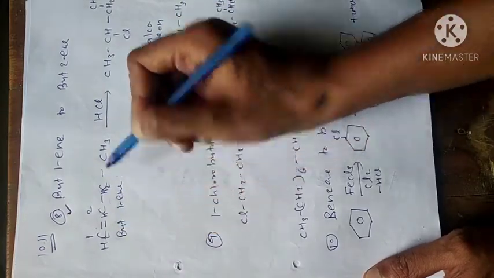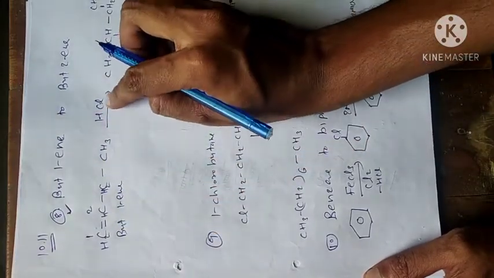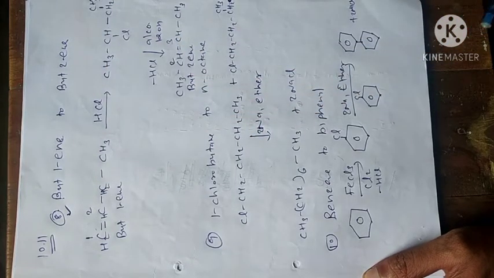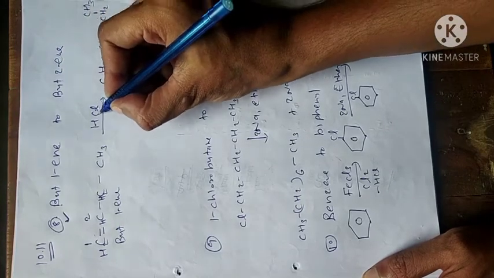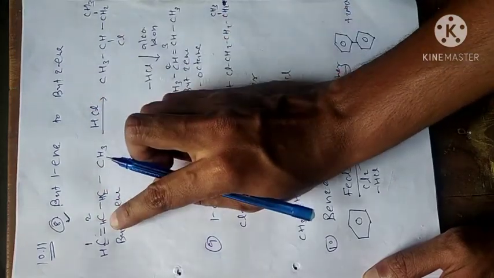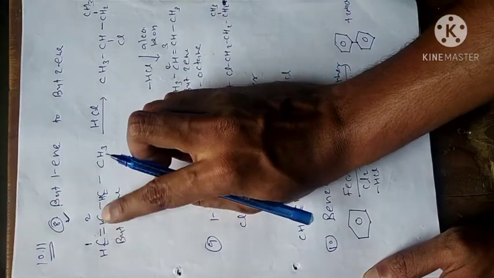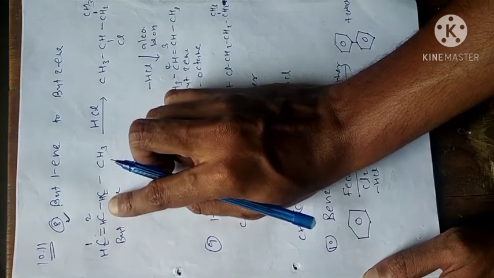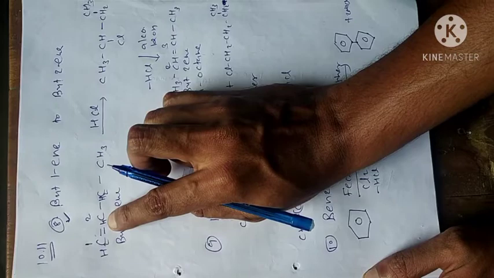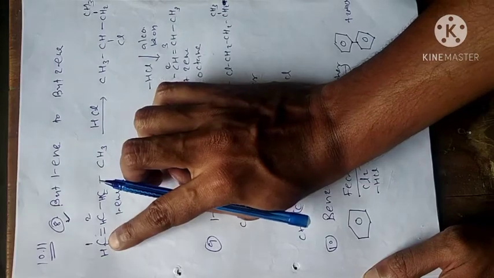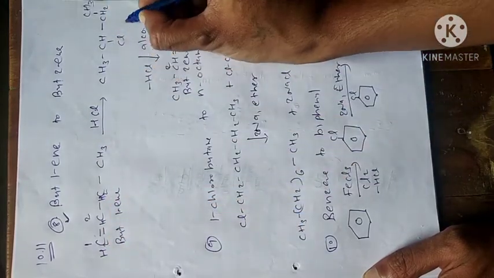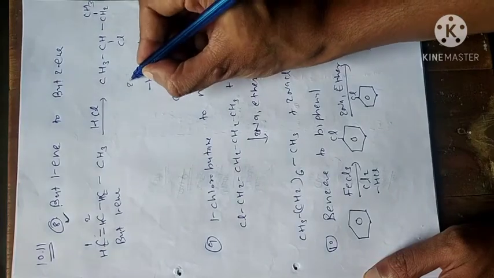When but-1-yne reacts with HCl, means hydrogen and chlorine both will add here. It is addition reaction. Now for addition reaction in alkene, you have to remember the Markovnikov rule. So according to Markovnikov rule, what will happen here? This Cl will enter on the carbon that has less hydrogen. You can see of these two carbons, the second number carbon is having only one hydrogen. So Cl will add on second number carbon and hydrogen will add on first number carbon. So you will get this product. It is 2-chlorobutane.